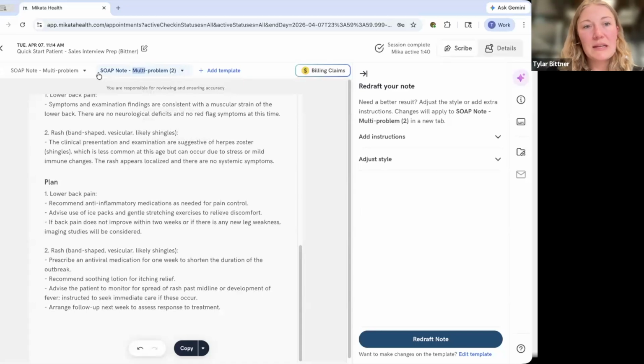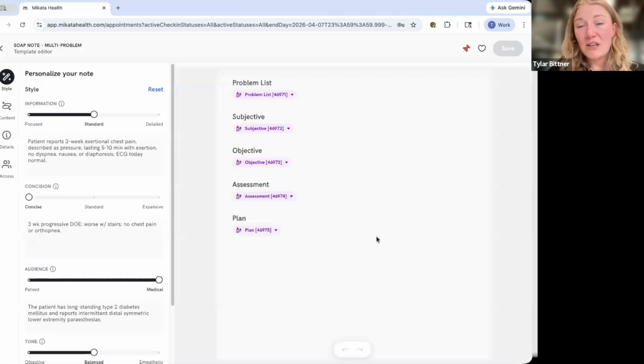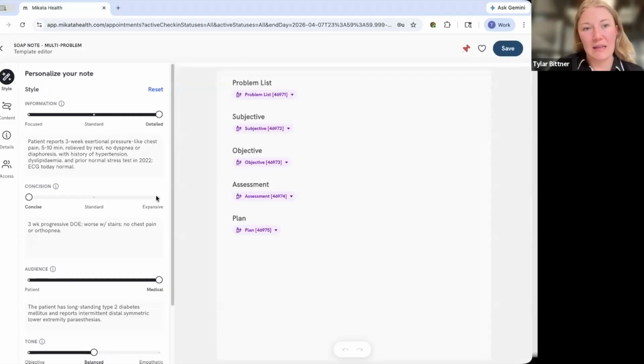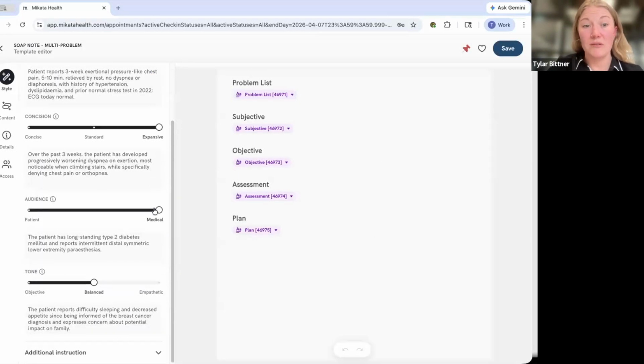What you can do is you can click on the template in your top navigation bar here, and you can click Edit Note Template. Now, this is going to take you to the actual template editor versus that one note editor. And in this section here is where we can go ahead again and change all of those settings for every note output moving forward for my SOAP note multi-problem.